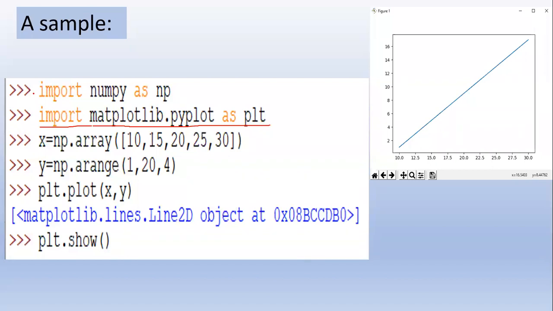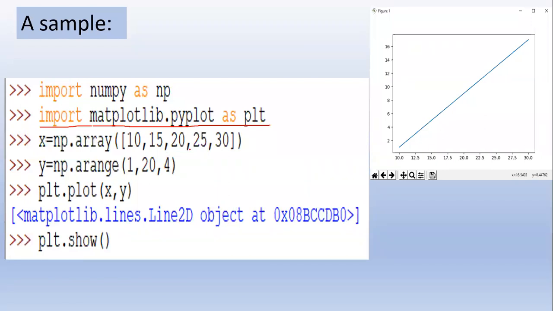You can try this sample at home. x is equal to np.array(10, 15, 20, 25, 30). So these are the values for the x-axis. Then y is equal to np.arange(1, 20, 4). It means the starting value is 1, the ending value is 20, and your values will come at a difference of 4 in between.